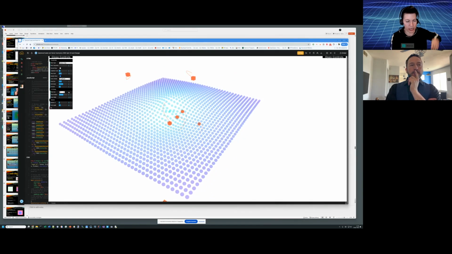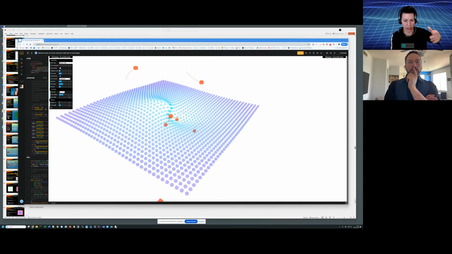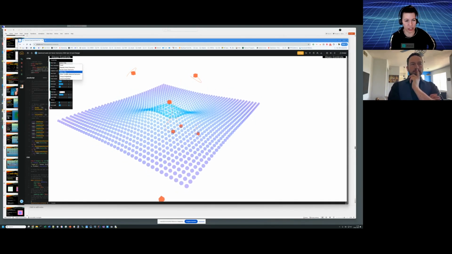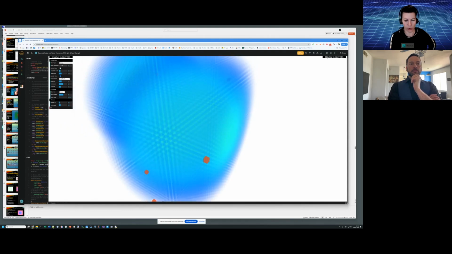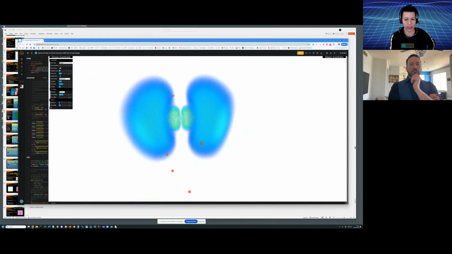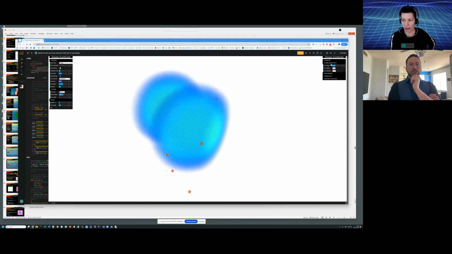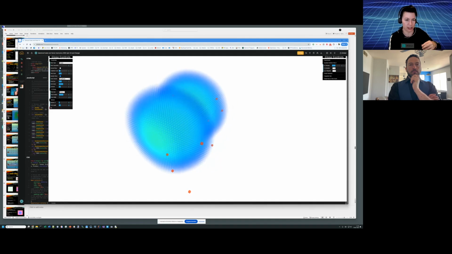You can also change how much this whole thing is wound up. I won't go into much detail, but there are other simulations here too. The electron orbital wave functions are here as well. You can play with all that. You can also put in all the N, L, and M values to visualize this.